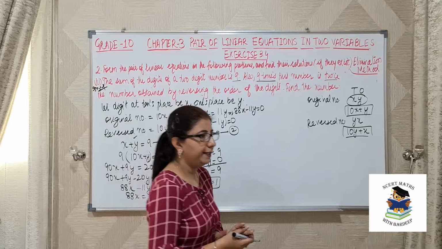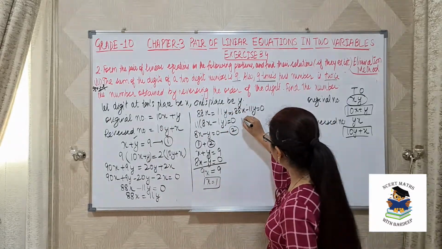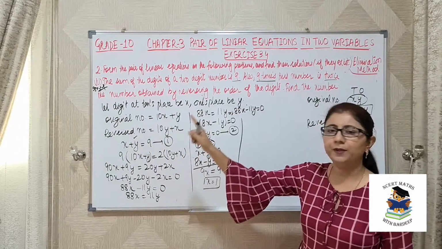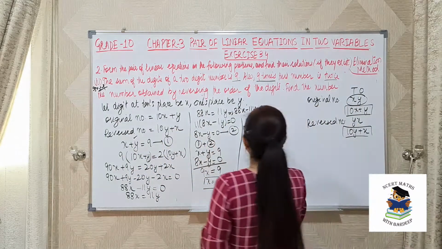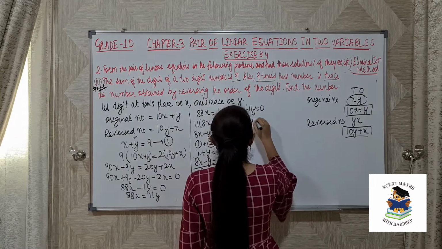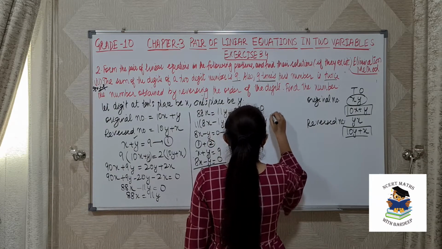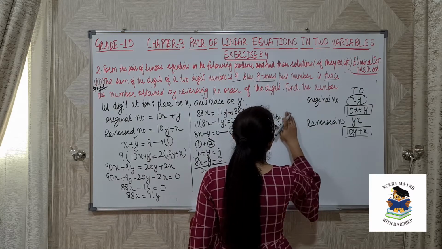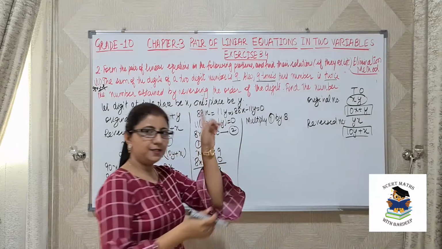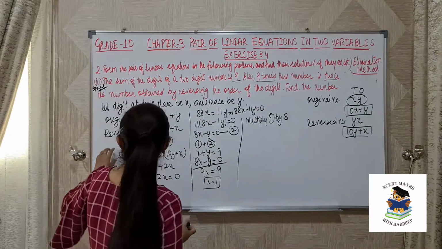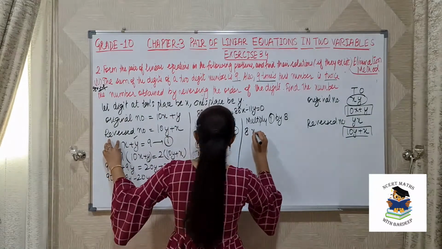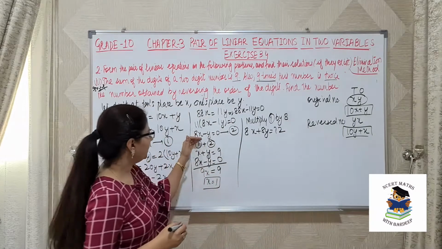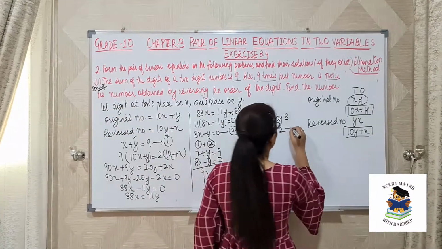Let's eliminate x to find the value of y. Compare their coefficients. x is 1 here, x is 8 here. So multiply the first equation with 8. Sorry. Always write equations in circle and numbers without circle. So this is 8x plus 8y equals 9 times 8, which is 72. And the second equation is 8x minus y. So this is our third equation.